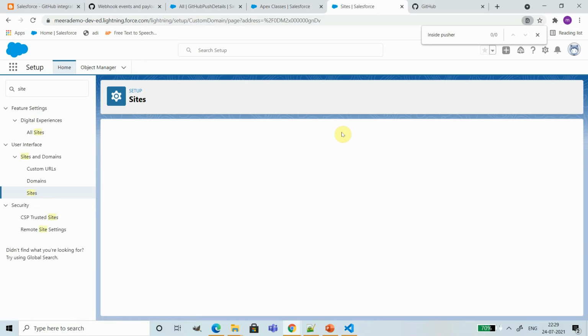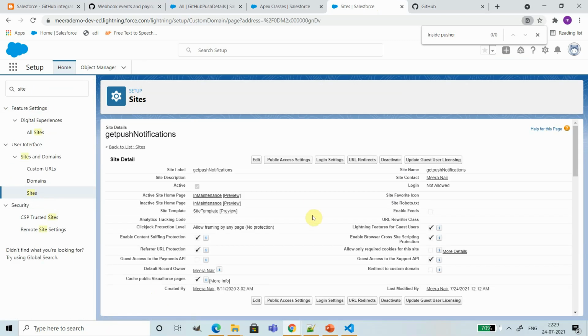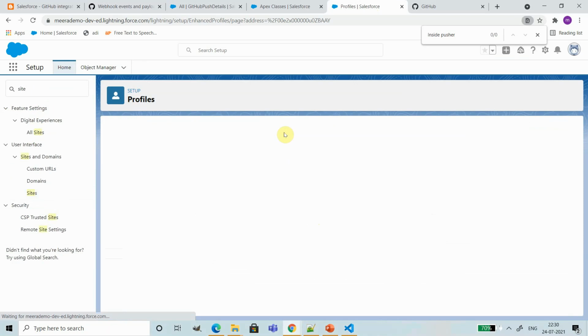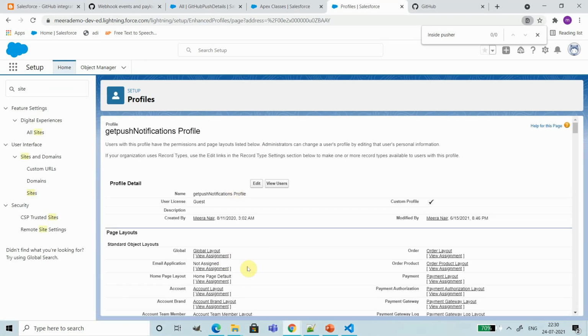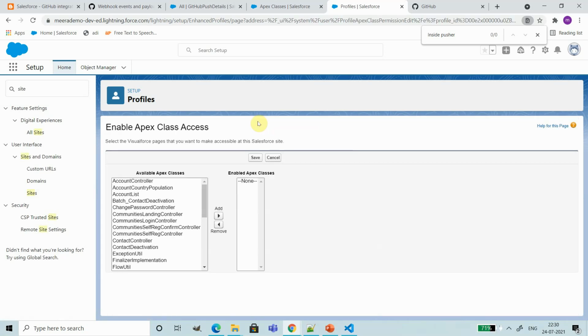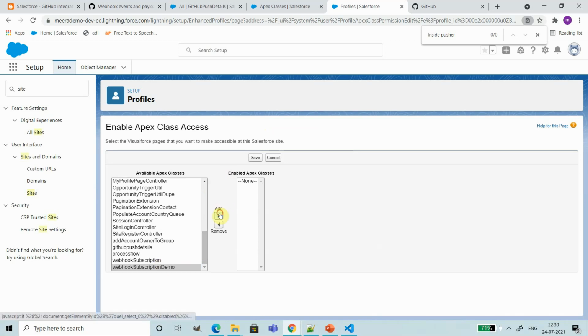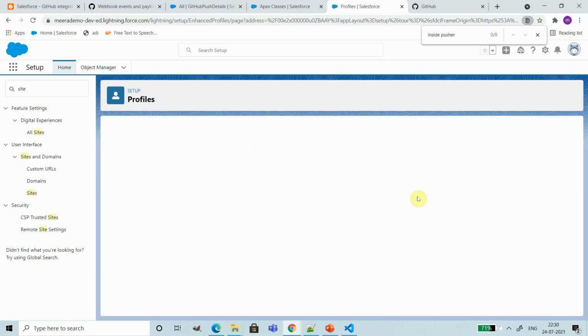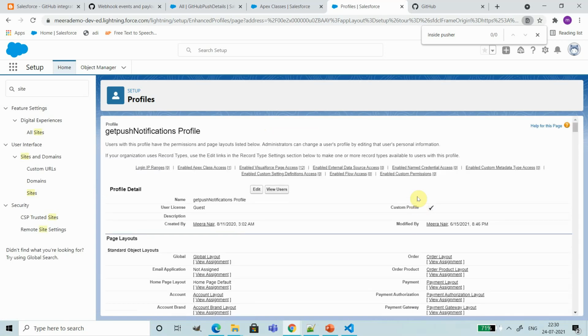I have kept all the default settings here, and what we need to do now is in the public access settings, go to enabled Apex classes and we need to add the Apex REST API service that we have just created and save this. So we have completed 3 steps to create a webhook supported URL in Salesforce.